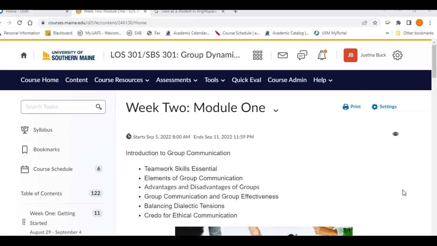This week we'll be starting with module 1, which is your introduction to group communication. So really, this is your introduction chapter, going to teach you how to communicate as a group, teach you what the essential elements of group communication and what the necessary teamwork skills are. It's going to show you the advantages and disadvantages of the group. It's going to show you how to balance tensions, which are sure to arise throughout the semester, and then the